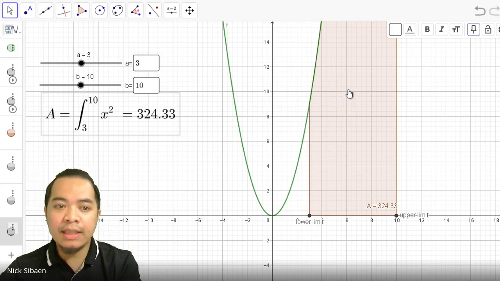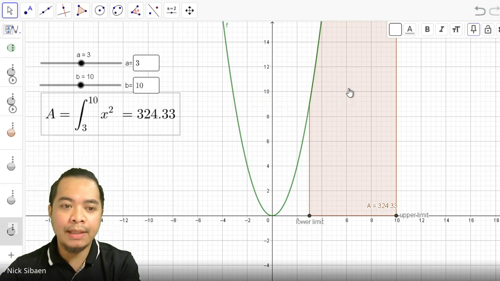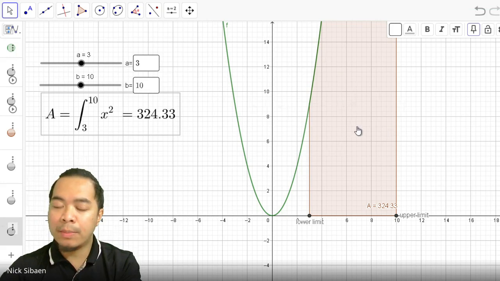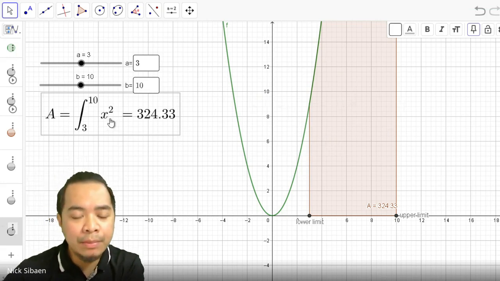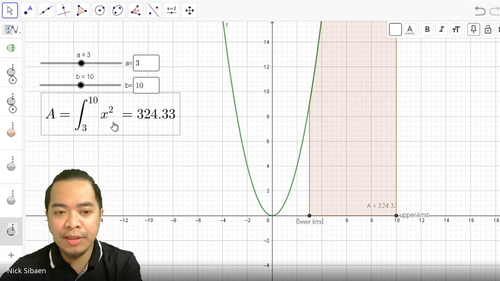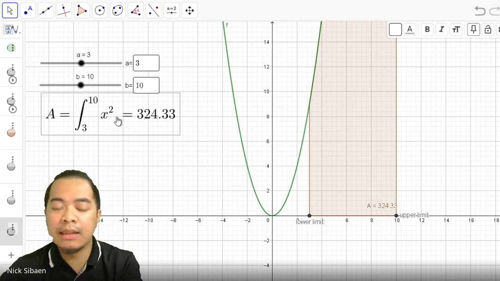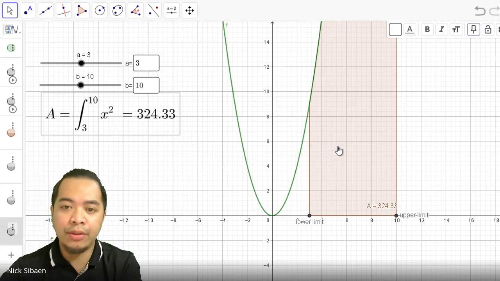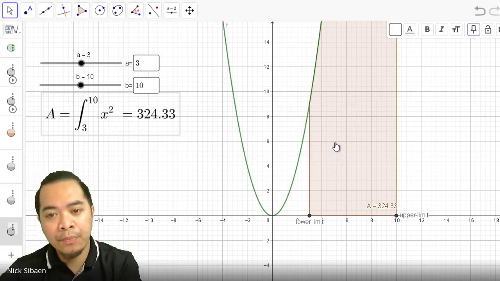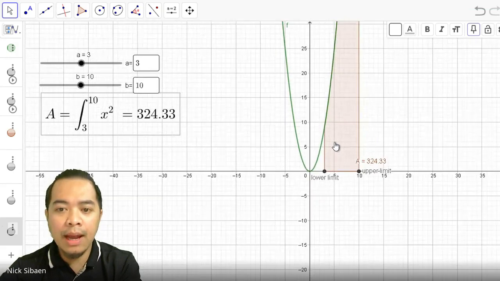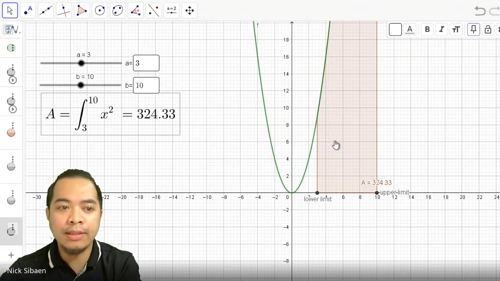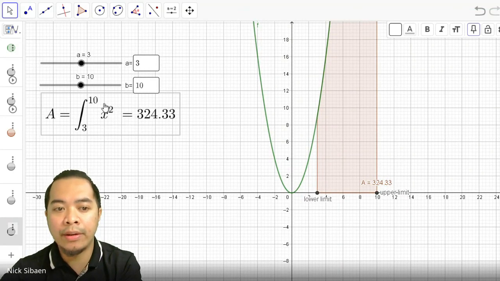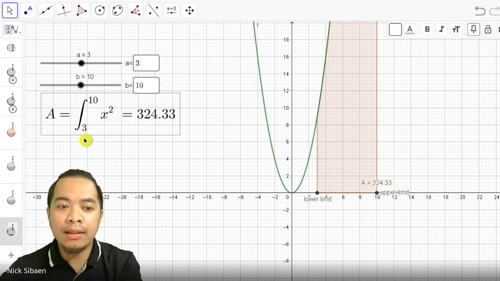Under definite integration, naglagay tayo ng mga limits, and to provide you a visual representation, sabi natin before na yung sagot ng isang definite integral represents the area under the function. Halimbawa dito, ang ating function, it's a very simple function, it's x squared. If we integrate that one from 3 to 10, then it becomes a